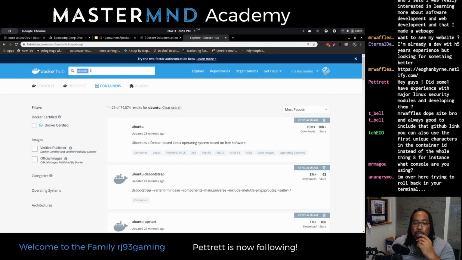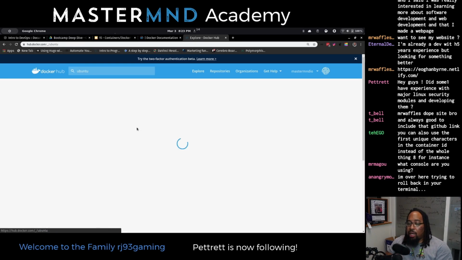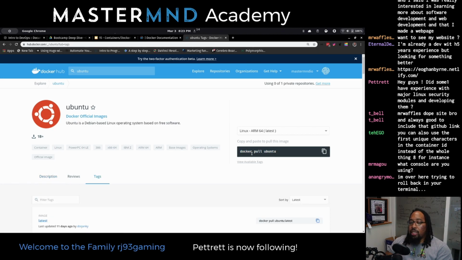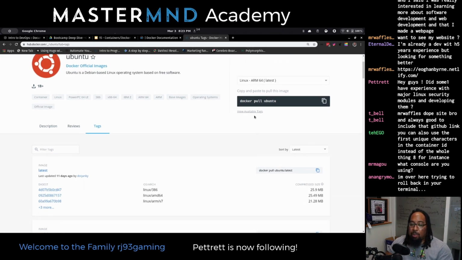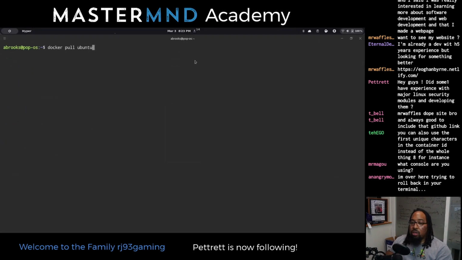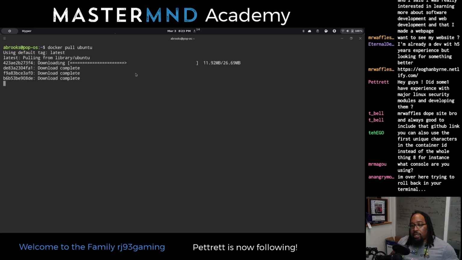And I want an Ubuntu-based image because I don't know what I want to build yet. But I want to try some stuff. Let's talk about container and data persistence really quick. So docker pull ubuntu is how I would do this. I can copy and paste this, not letting me copy for some reason. Probably has to do with my little server thing. So docker pull ubuntu is how I'm going to do that. And I'm going to hit enter. And just like that, it's going to go and it's going to download stuff.